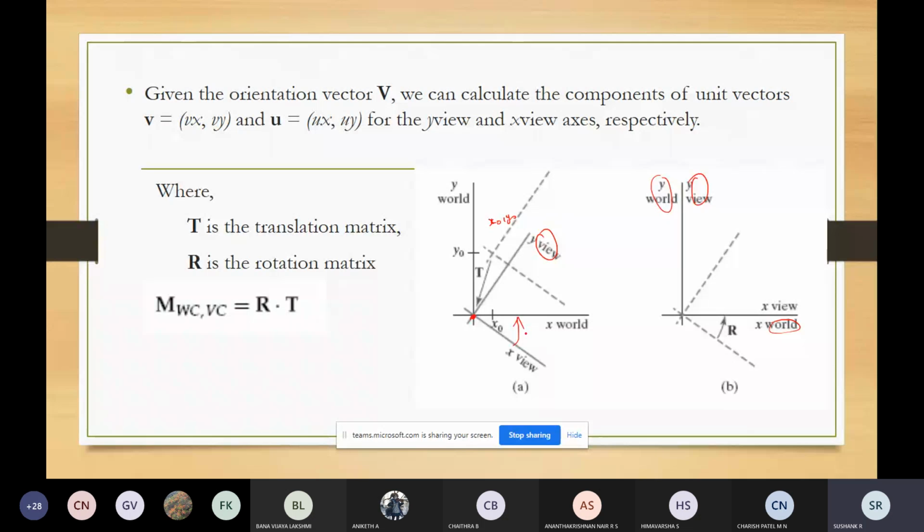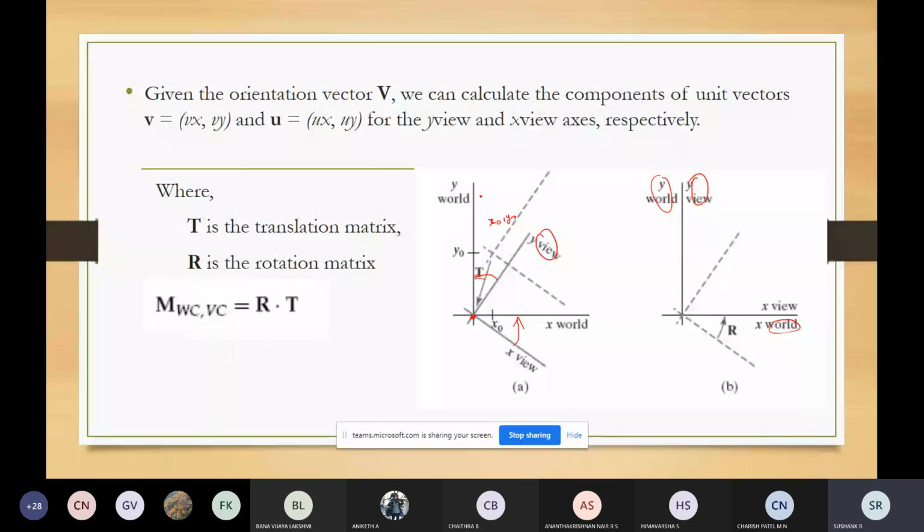You rotate this x view until this line intersects with x world, or you rotate this y view until it intersects with y world. So the next step is to rotate the viewing system to align with the world axes.